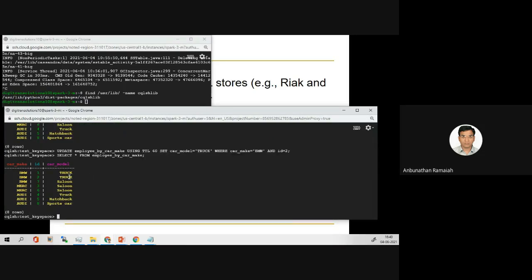Now the value is written as truck because I updated it to truck. But after 60 seconds, you see, null will be displayed. Why? Because of the time to live, the TTL value we have entered here. The time to live is 60 seconds. So after 60 seconds, it will be reverted to null.